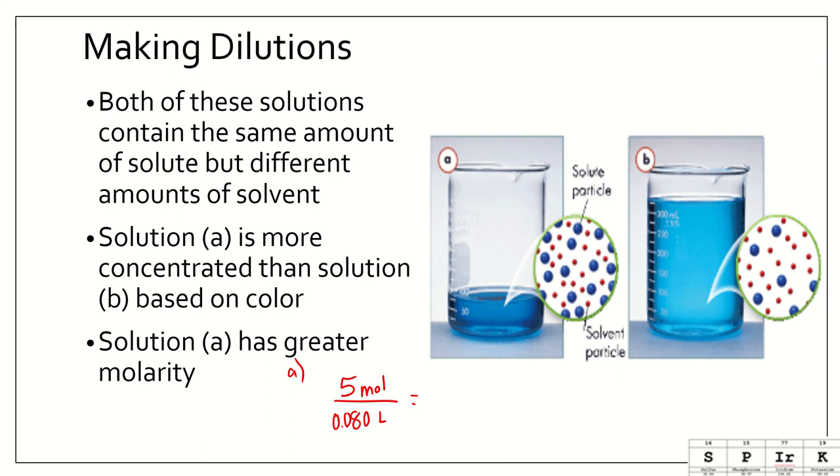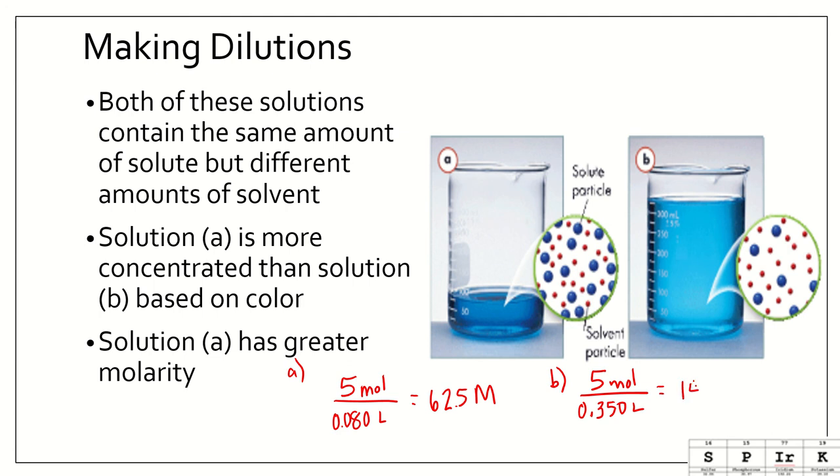So that would be a concentration of 5 divided by 0.08, about 62.5 molar, whereas solution B still has the same amount of solute, but that's at about 0.350 liters. So that concentration